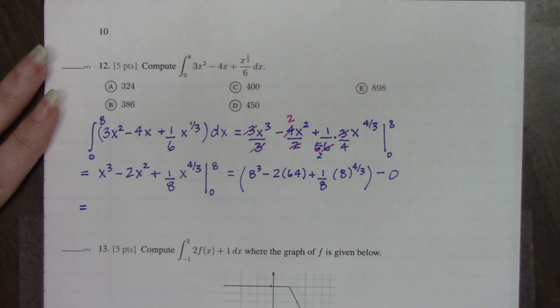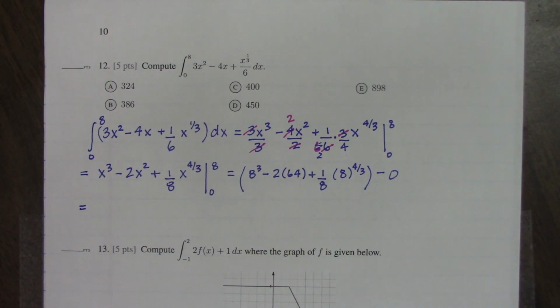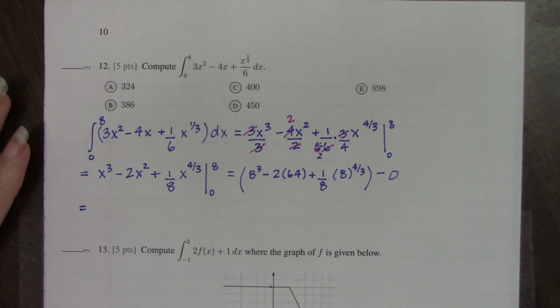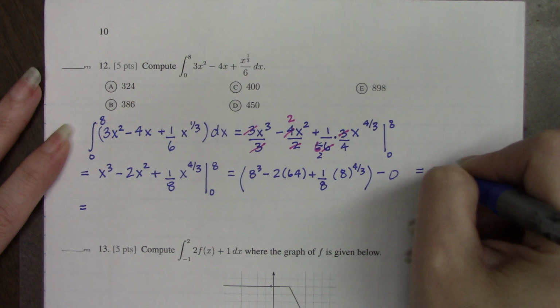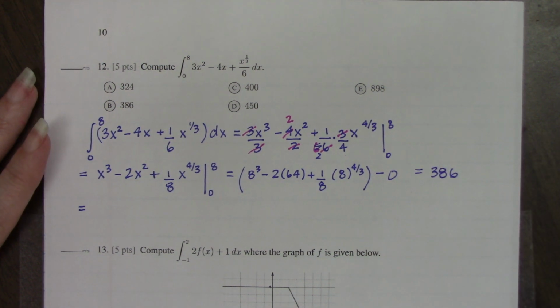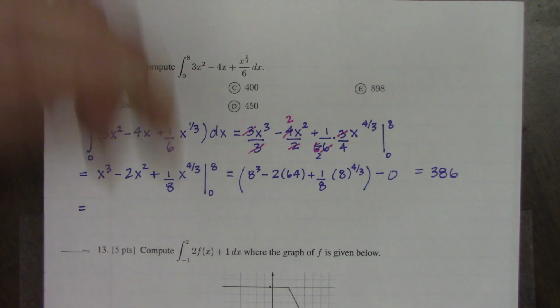Now, just in case you're a person without a calculator on the test, if you have a calculator, you can simply type this in and see that this works out to be 386. If you don't have a calculator,